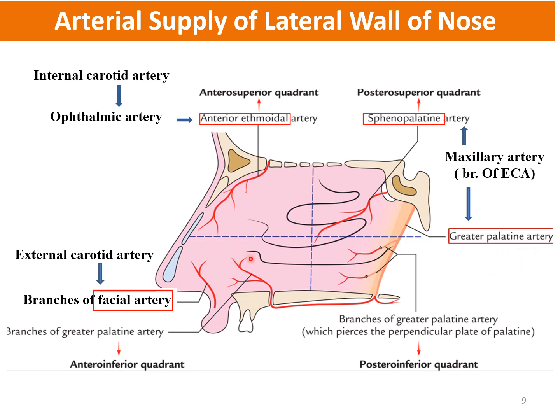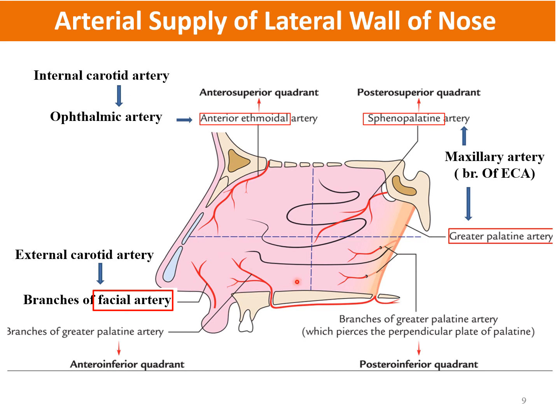And the last one here, there is another artery which is going to supply the anteroinferior quadrant. And it is anteriorly placed. So anteriorly, what do we have? We have the face. So which artery will give branches? The facial artery. Its superior labial branch and the lateral nasal branch will be providing branches to the anteroinferior quadrant.